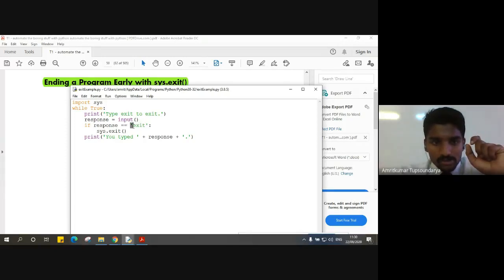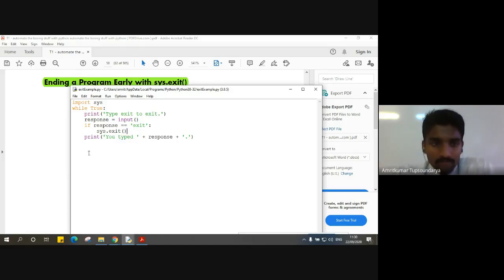This single quote denotes that it is a string. So we are comparing the exit we supply here with the response variable. If it is true, then call the sys.exit function. What we are doing is just abruptly ending the loop, right?